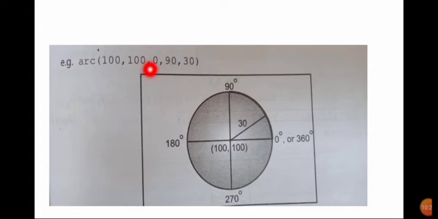0 is the starting angle, so here you have the starting angle of your arc. Starting angle is 0 or 360, you know that, and here you have this 0. Ending angle is what? 90. So this is your arc, because 0, 90, 180, 270 and 360. Radius is 30, so arc can be represented by this. This is your arc with starting angle 0, ending angle 90, radius 30, and this is your center. So arc can be represented with this.